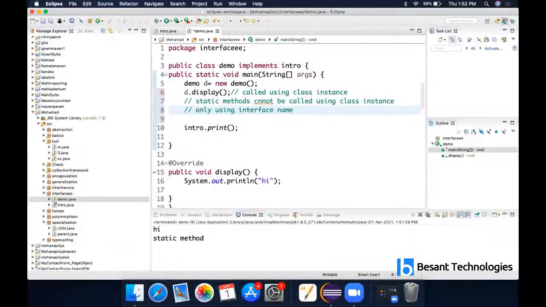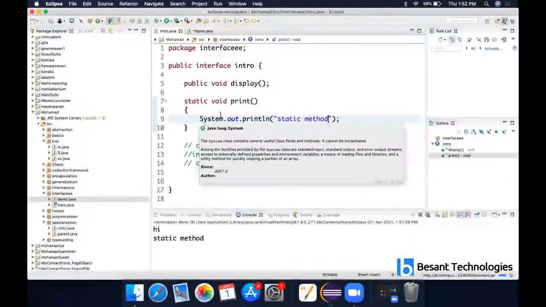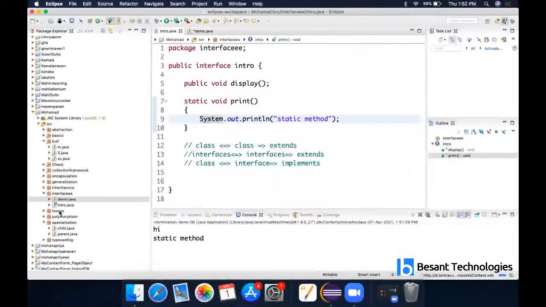This is your doubt, right? Can we have a static method inside an interface? We can, but there is a problem: you cannot call it using the class, but you can call it using the interface name. So that's all about interface. We won't be using this kind of interface. User-defined interfaces we will be using in Selenium, and built-in interfaces are there too. But you have to know how to create a connection between class and interface. If you know that, that is enough.